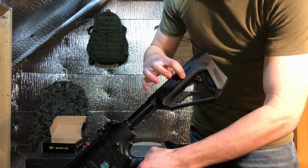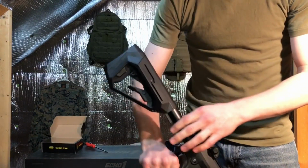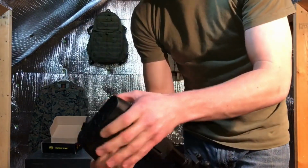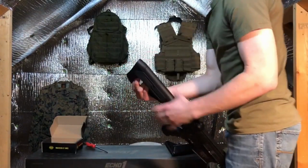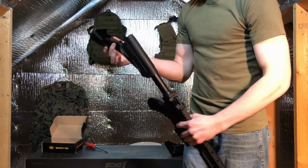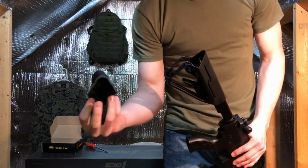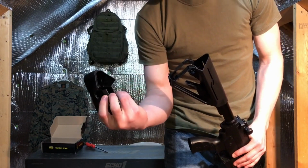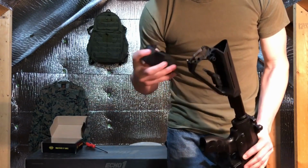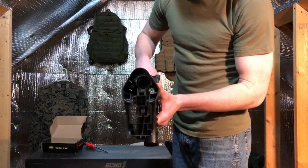It's even got little vents where your battery can get some air circulation. Just keep your batteries cooler, especially if you're running LiPo batteries. And let me show you inside of it. Here's the even cooler part about this stock. It stays on pretty well too, so you don't have to worry about it falling off like the factory one. As you see right here, there's a little box compartment in the back plate of it. And you can actually put small brick type batteries in there, along with a nunchuck battery in there